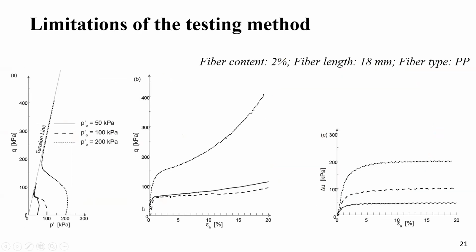Any initial increase in the deviator stress that we see over here is due to the interaction between clay particles. The increase in deviator stress between the linear elastic and linear strain hardening response, or we can say the increase in the deviator stress during this transition, is due to the frictional interaction between fibers and clay particles. Any increase in deviator stress during the linear strain hardening portion is only due to the tensile stresses mobilized in